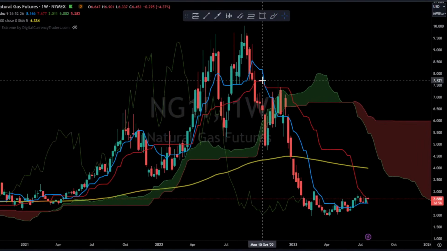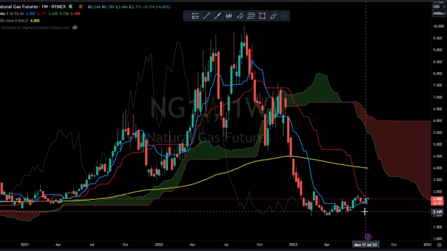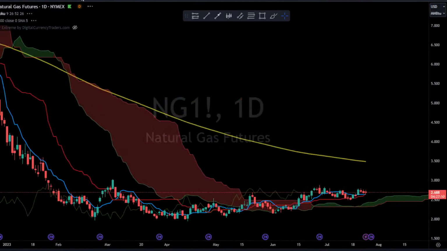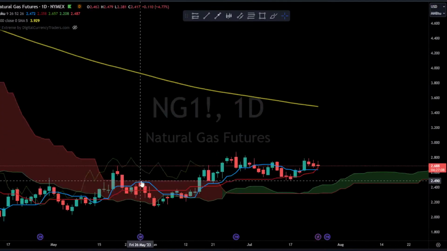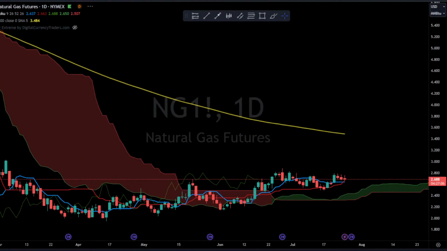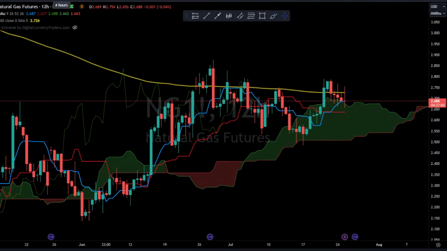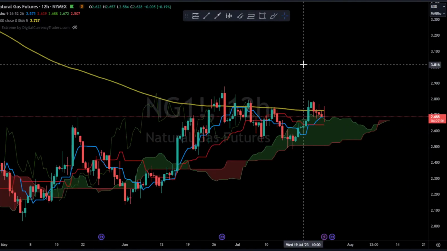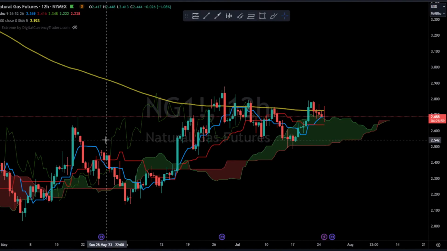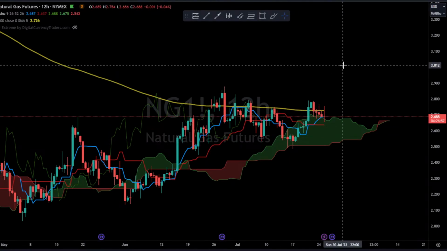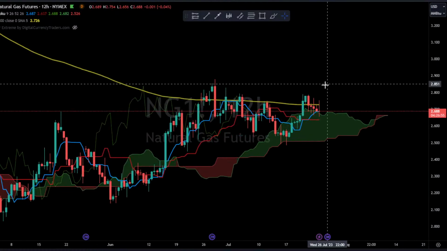So now in the Ichimoku cloud, the weekly is just about to cross blue over red, and the blue over red is an important signal for me. The daily has gone blue over red and back and forth, back and forth. It's under right now, but the 12-hour is over, and the 12-hour is very close to going full bull on a breakout like this. It would be a really strong confirmation and a bullish